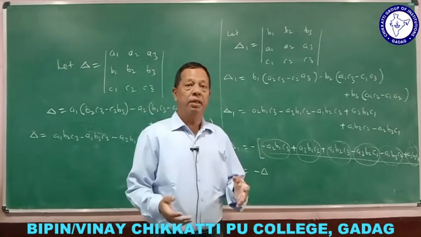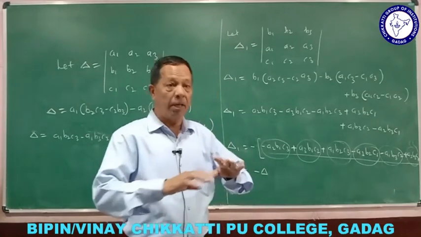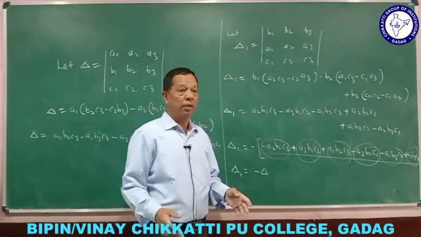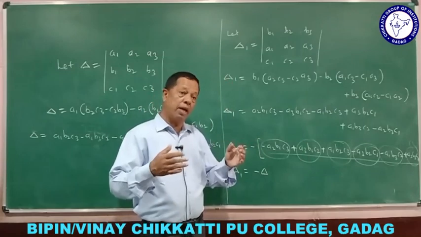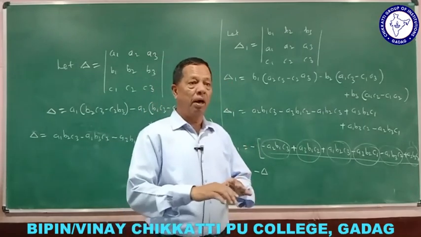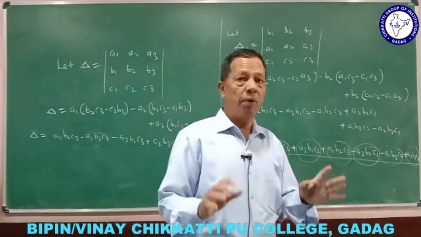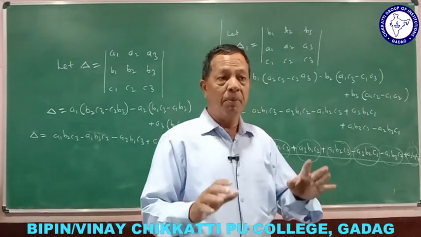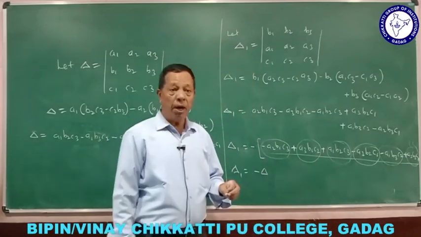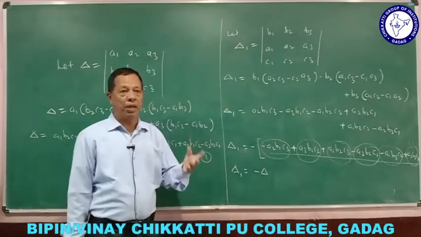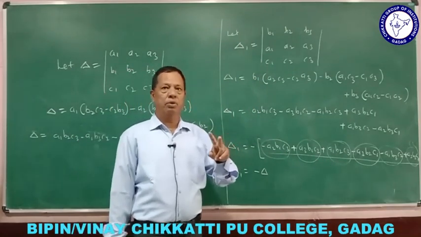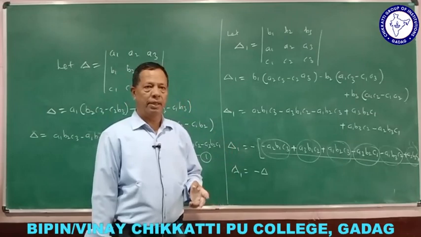Another one is, if any row or column contains all elements zero, then the value of the determinant is 0. The last one is, if either above the principal diagonal or below the principal diagonal all the elements are zeros, the value of the determinant is the product of the diagonal elements. So now, totally 3 plus 2, 5 properties, and 2 more properties are there, and I am going to take those 2 properties in the next class.